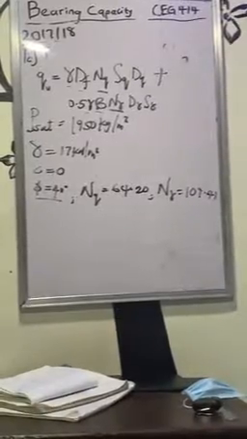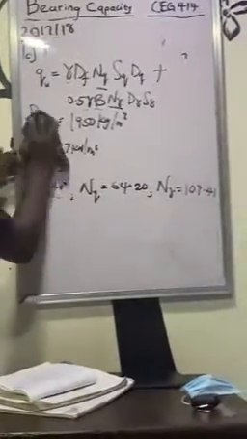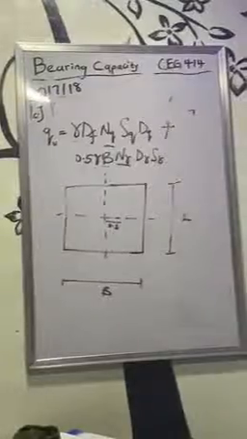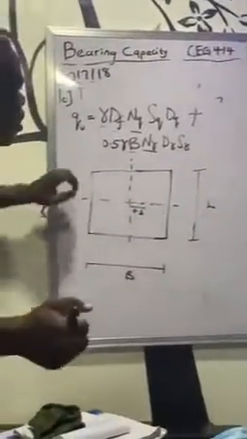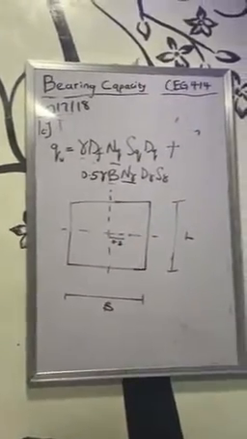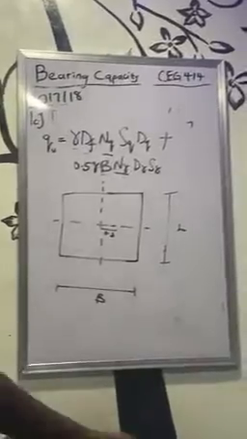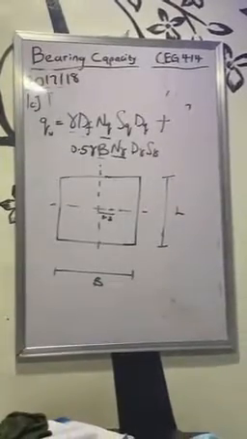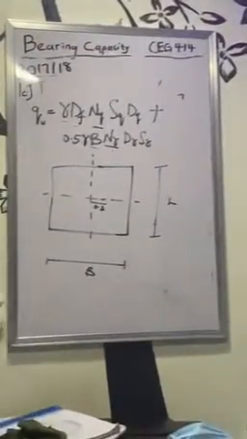Now, I have to make a quick analogy. Guys, I want to explain something very important here. This is what I call effective breadth and effective length. Now, imagine I have a particular